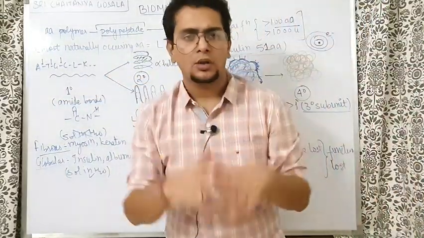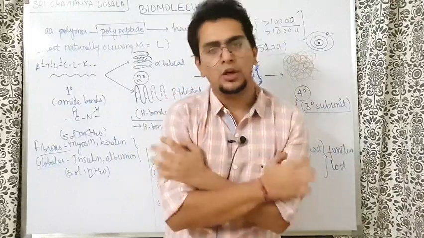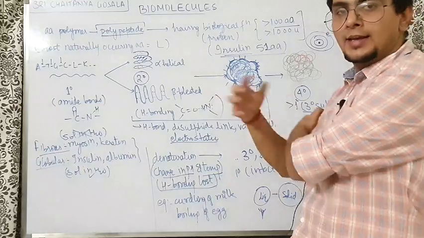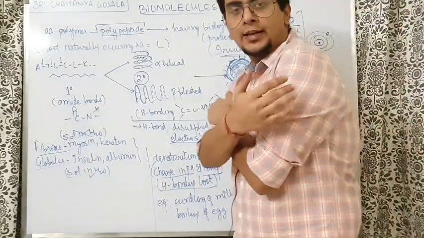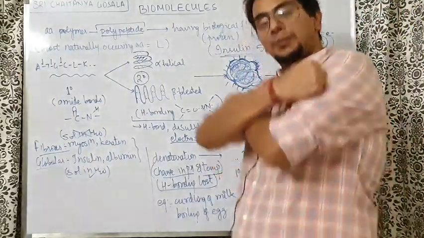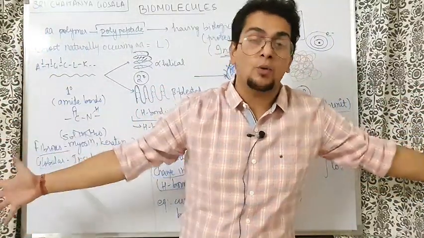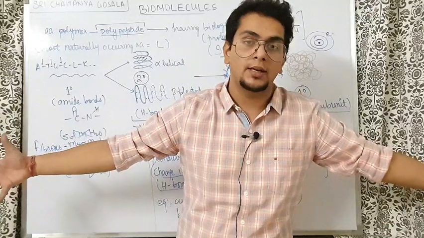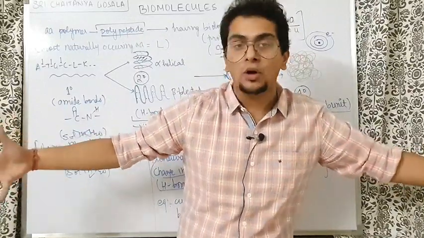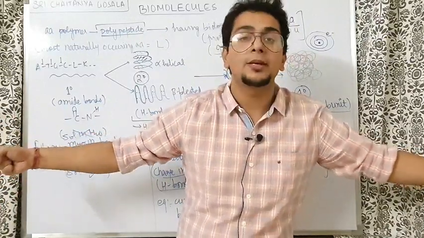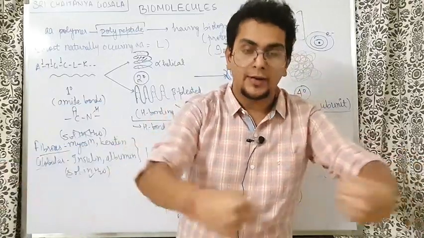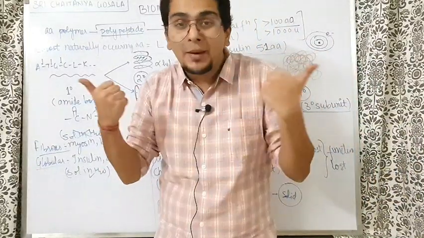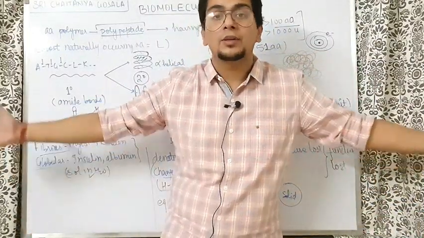So what happened? Water was there, the protein was soluble in water, but just interacting with the outside amino acids only. That means if I am the protein, only this part was interacting with water. But as soon as you heated me, I opened up. As soon as I opened up, all the water stuck to me with hydrogen bonding, and after cooling, the water got involved in hydrogen bonding with all the amino acids. Now if I try to come back to the previous structure, it is not possible. Why? Because all my groups are involved in hydrogen bonding with water.